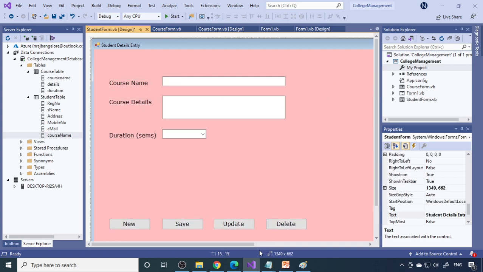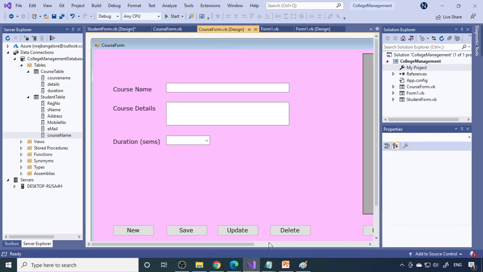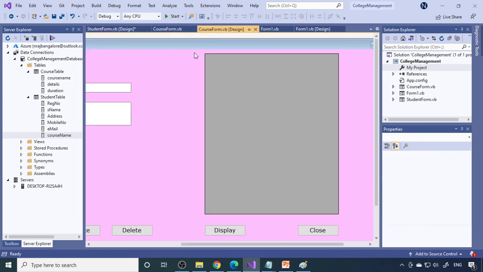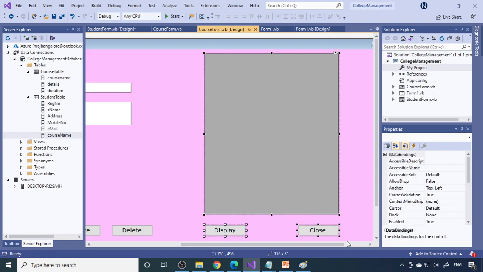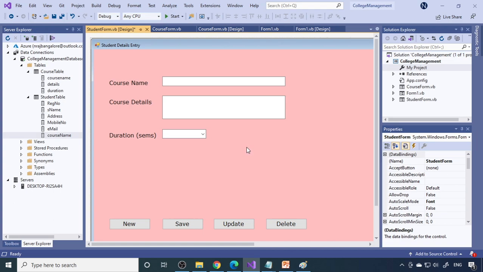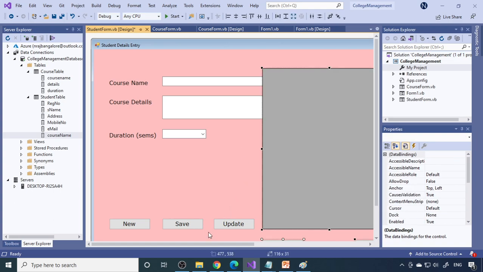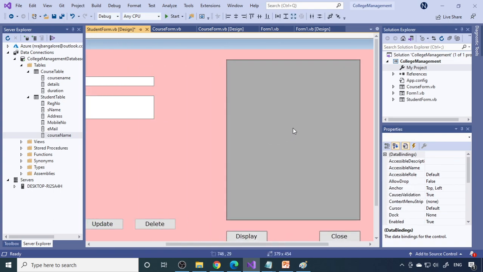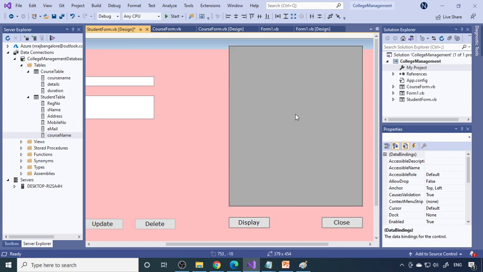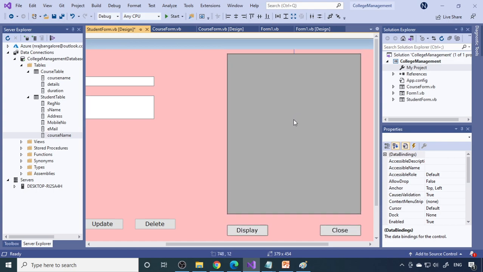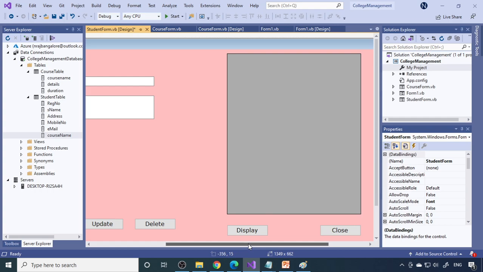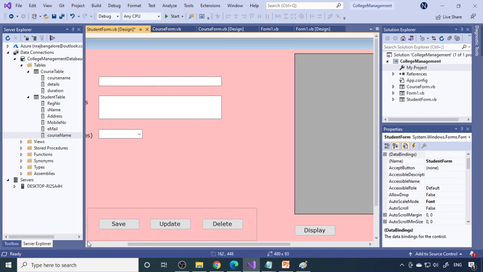So let it be there. Now you want to copy the grid and a few more buttons. So let's copy this too. We'll keep these things here and then we'll bring the buttons down.